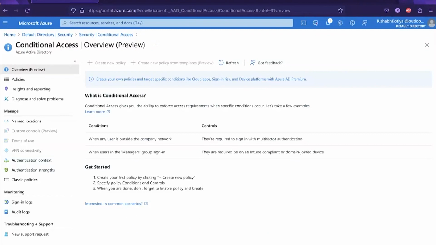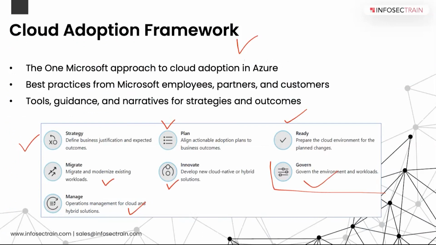Okay, to help you build your adoption strategy, the Cloud Adoption Framework breaks down each stage into further exercises and steps. So you have to start with define your strategy. If I'm just talking about the strategy phase, here you will be answering why you want to move to the cloud.